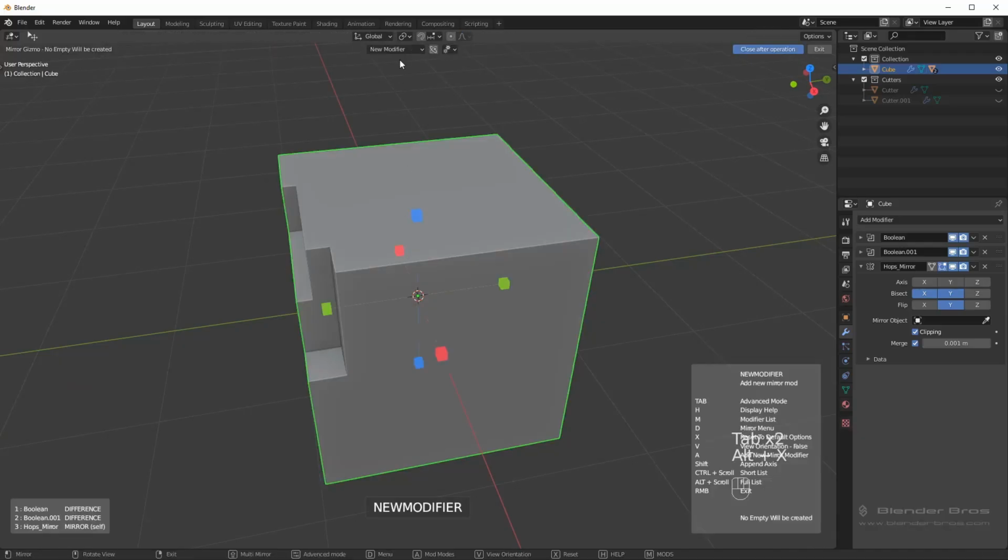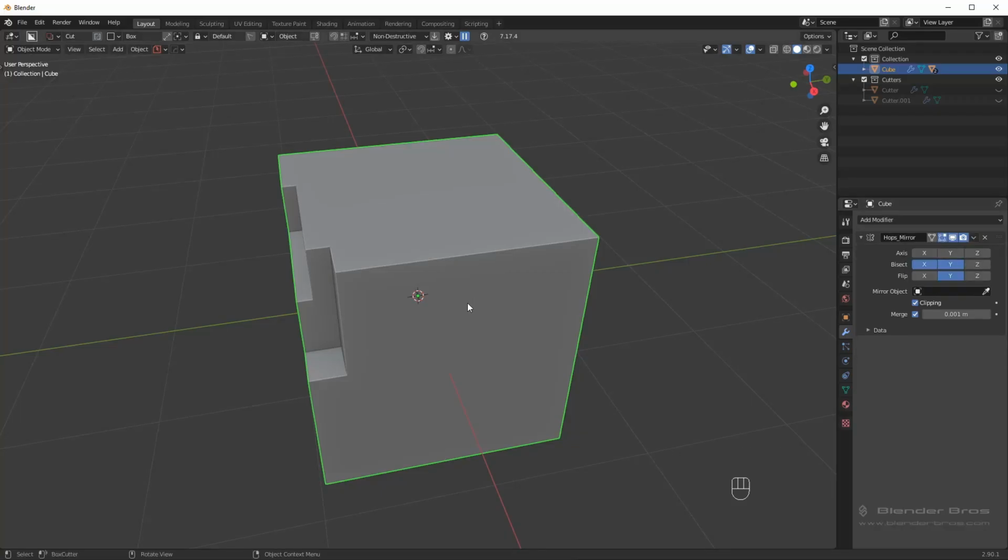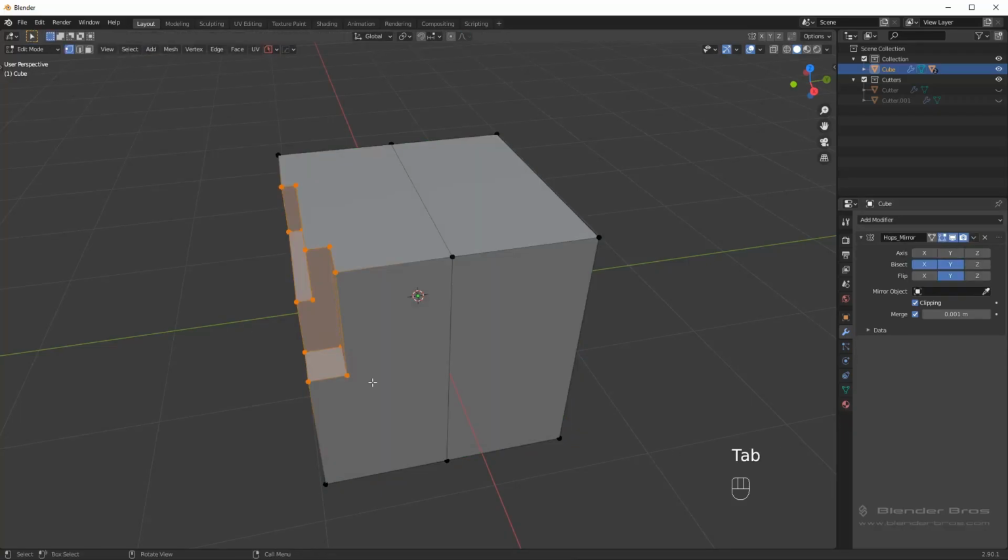So symmetry is not going to actually do anything. If I try to symmetrize to the other side, nothing's going to happen, and that's because we don't have these booleans applied. But check this out. If I apply these booleans here, what symmetry does is it does the same exact thing